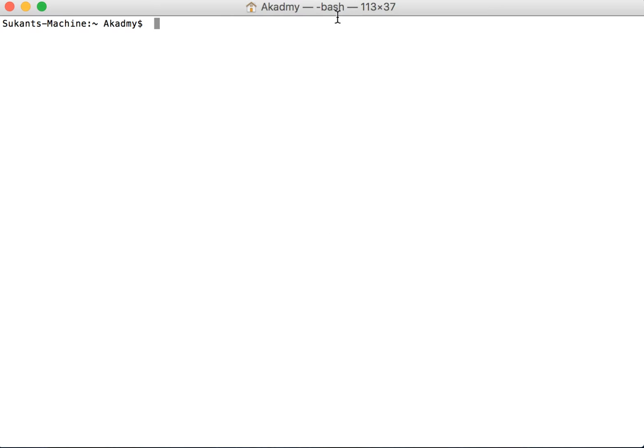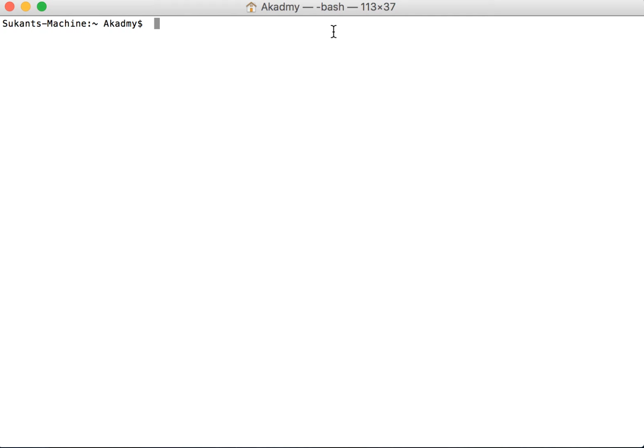Git comes with a tool called git config. Let's run this command and see how it works. But before running it, I want you to open the terminal or command prompt in your Windows and just start typing whatever I'm typing.